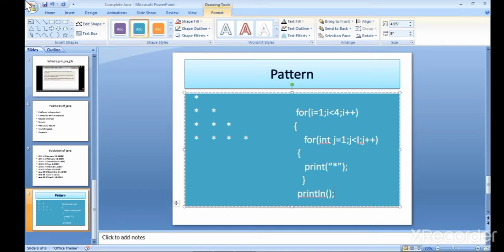We are using println for new line, and we are not printing anything in println, and then we close.